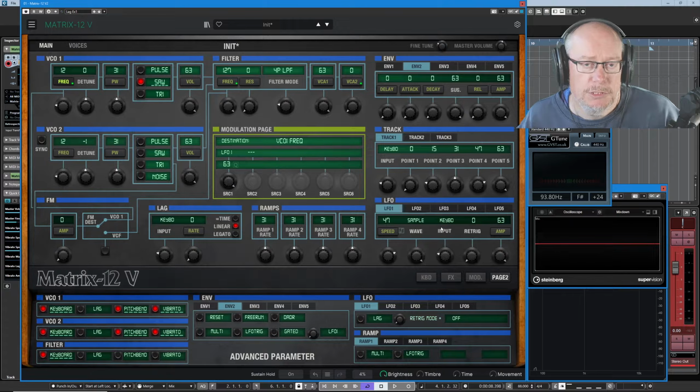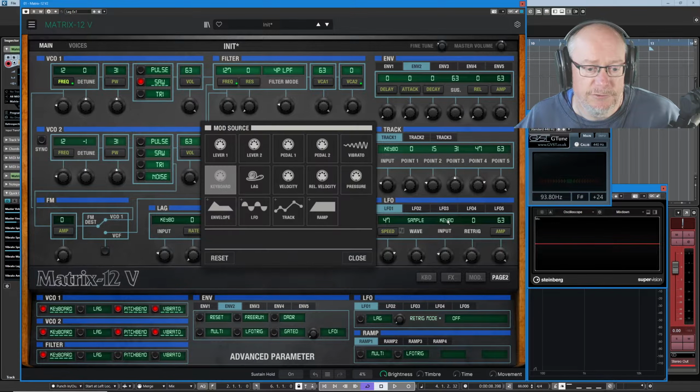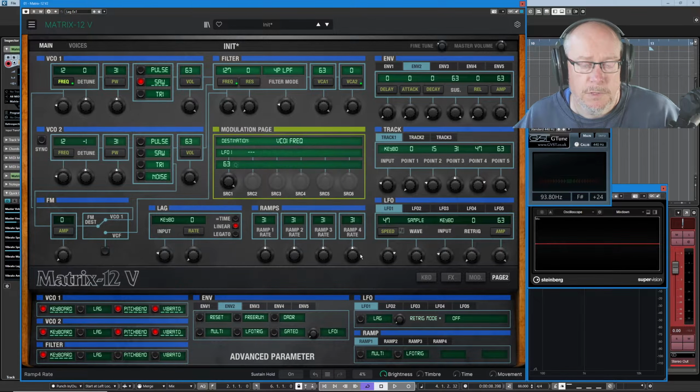We've got this input option now, and we've got all these different input options to choose from. Basically, whatever you choose as your input, so at the moment I've chosen keyboard, as we discussed in detail when we talked about the lag processor, every key on the keyboard has its own modulation control voltage. That's what's being fed into the LFO. So any key that I press, if I press a C2,